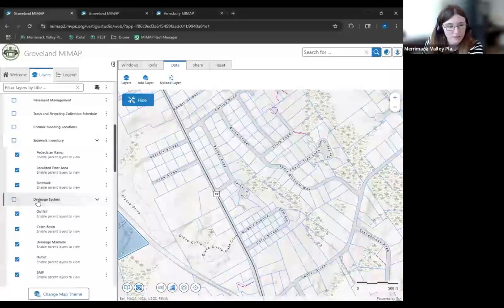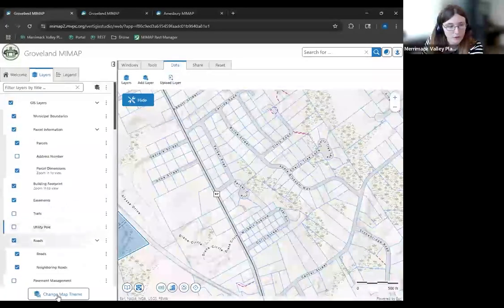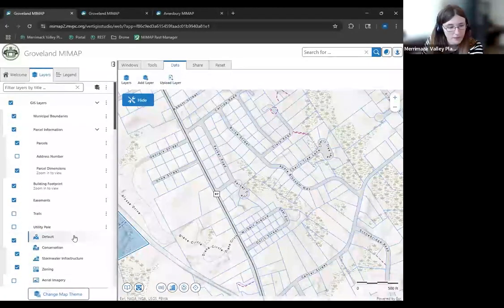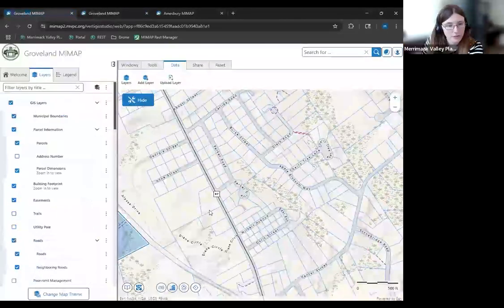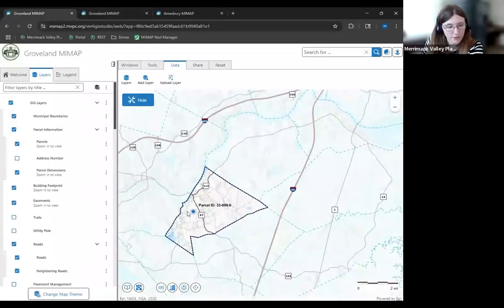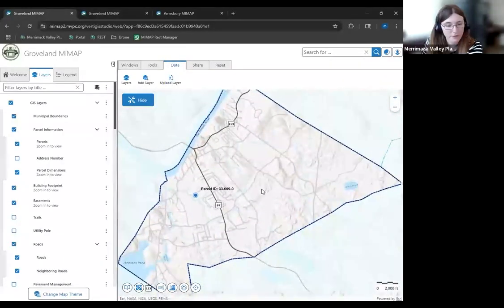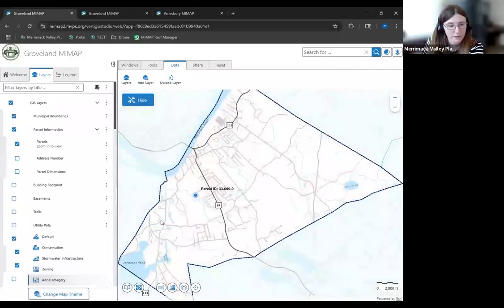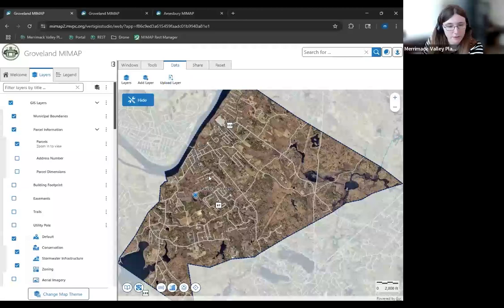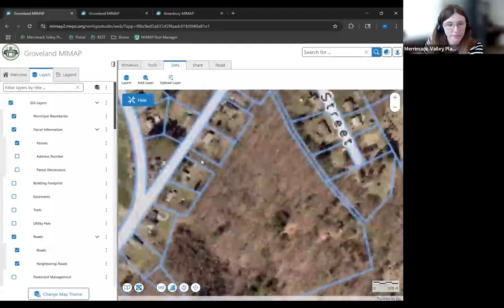You can collapse and expand some of them. And then if I go into map theme, you'll see there are a few themes that are preset. Now this mirrors this map theme button over here. So what you're defaulting to is just this general look here. Some communities have the pictometry imagery by default. You can always ask for that. Most communities just have this basic hillshade. But if you want to look at the pictometry, for instance, you can do change map theme, aerial imagery, and that hides some useless layers like the building footprints and brings up the proper imagery.